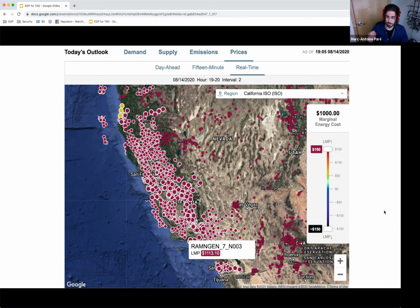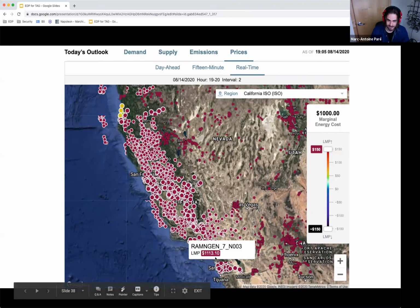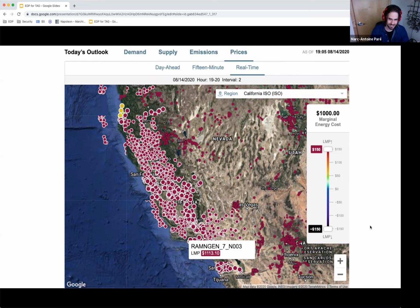This case study considers a particular day of energy usage in California. August 14th, 2020, massive heat wave in California, rolling blackouts across the state. I imagine a number of you on this call were affected by this directly. This is CAISO's real-time energy prices during that event. Normally they're $35 a megawatt hour. Here they skyrocketed over 1,000. It's just absolutely massive, massive event. Red dots across the entire state. This is a big problem for the grid,